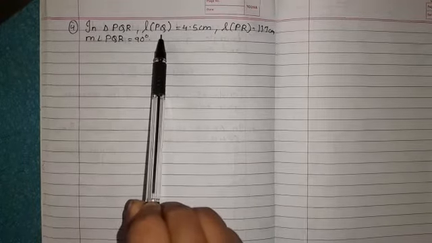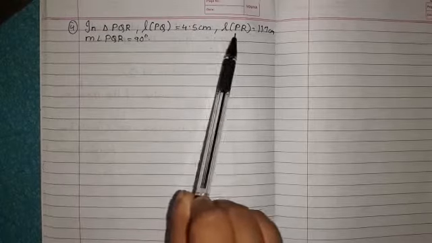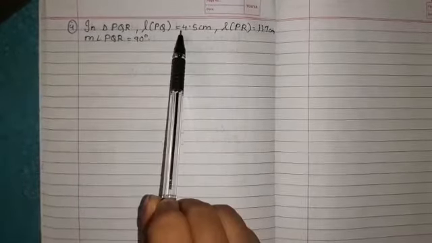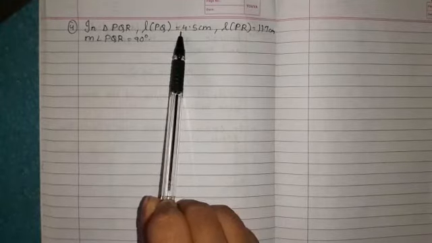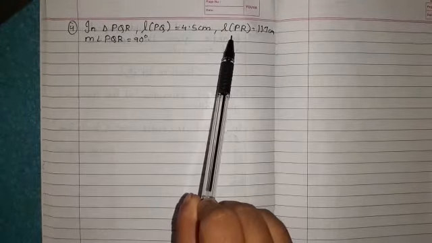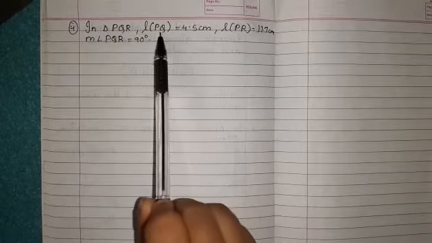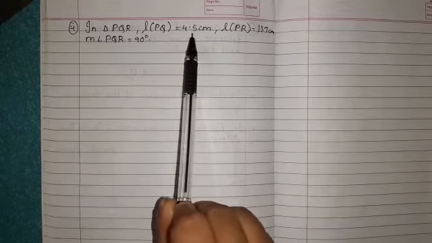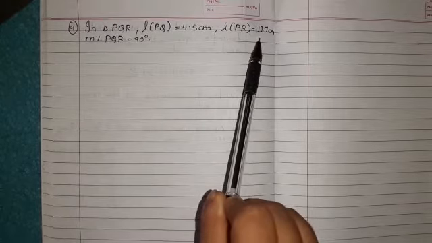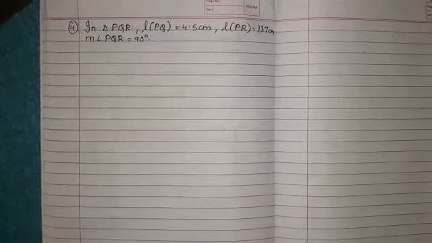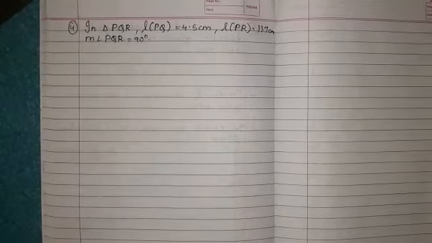So Q you are having in this side, but here you don't have Q. So from this one will be the hypotenuse. What will be the hypotenuse? Length PR will be the hypotenuse because its measurement is greater than PQ. 4.5 centimeter and 11.7. In this 11.7 is the longest. Yes. So that will be a hypotenuse.